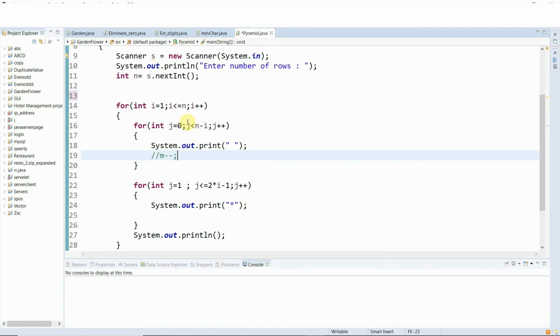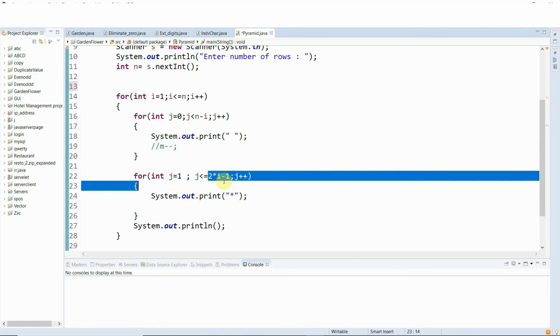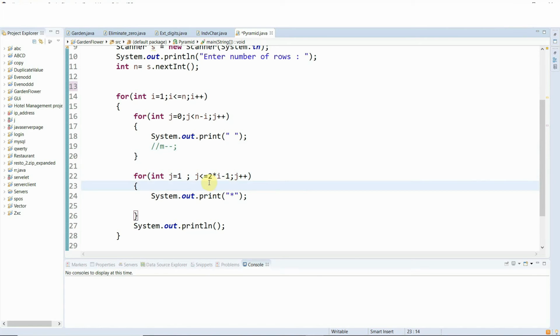After printing these spaces up to n minus i, it will jump to this part, where we have initialized j equals 1, and this loop prints the number of stars. This is an odd number of stars. For i equals 1, 2 into 1 equals 2, minus 1, that is equal to 1.